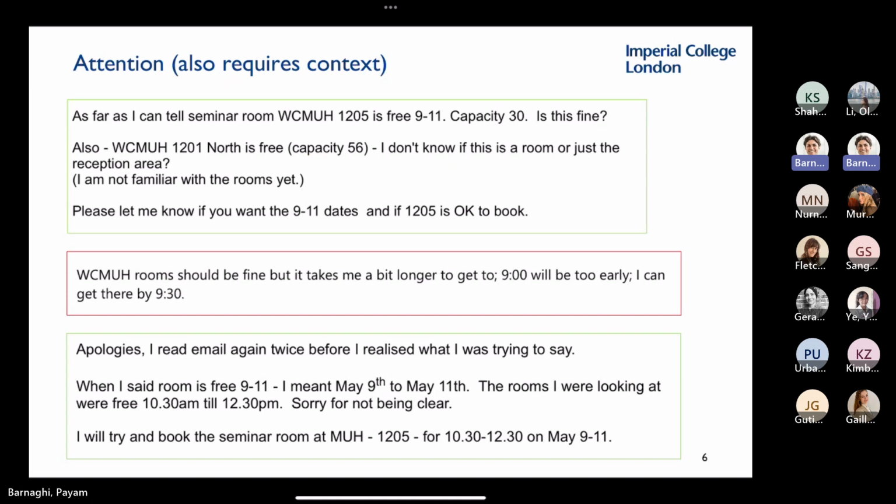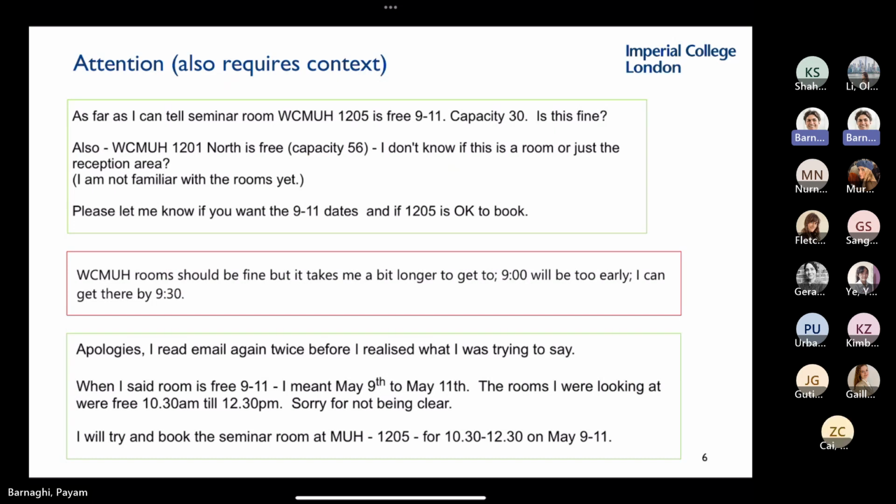Again, you can see the complexity of natural language. It is much more complicated to process. And, projecting what I'm going to say in the future, even if you create very large complex models, there is still a lot of unpredictability. In human language, and how the human brain perceives information, there is a different form of intelligence which machine intelligence will still struggle with. In this case, for example, it would be very, very difficult for a machine to understand whether 9 to 11 refers to the date or the time.